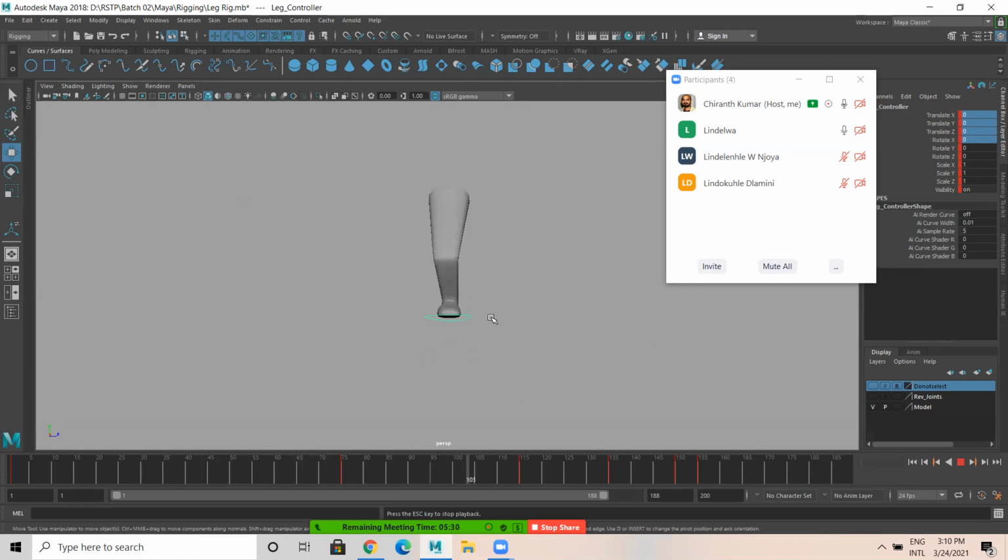So he's waiting, he's lifting the leg, then kick and come back like this.